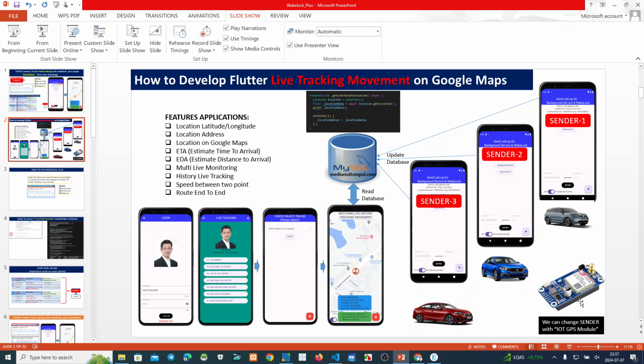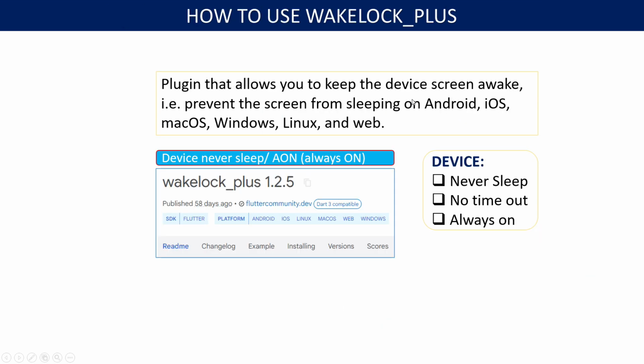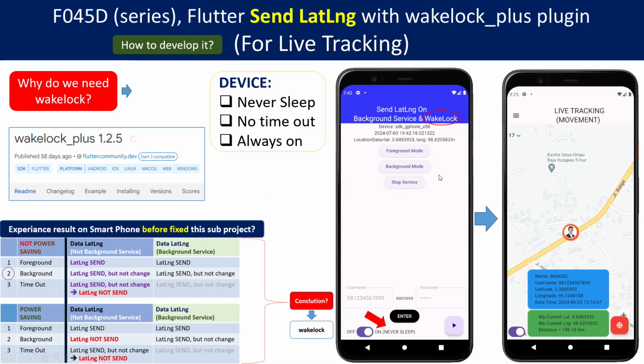Okay, maybe before that it's better for us to show you which one we can use. Okay, we can use to previous project, this is our previous project. Our previous project, this one, without this backlog. But now we can add these features backlog if we use this one to this project. So our project is never sleep, always on, or no timeout.